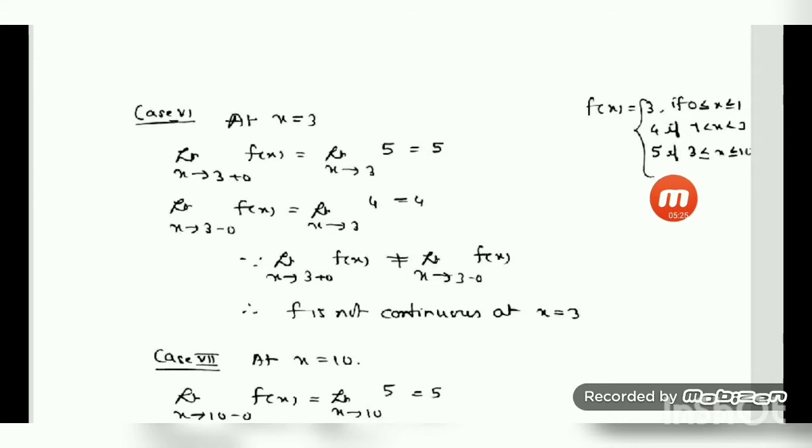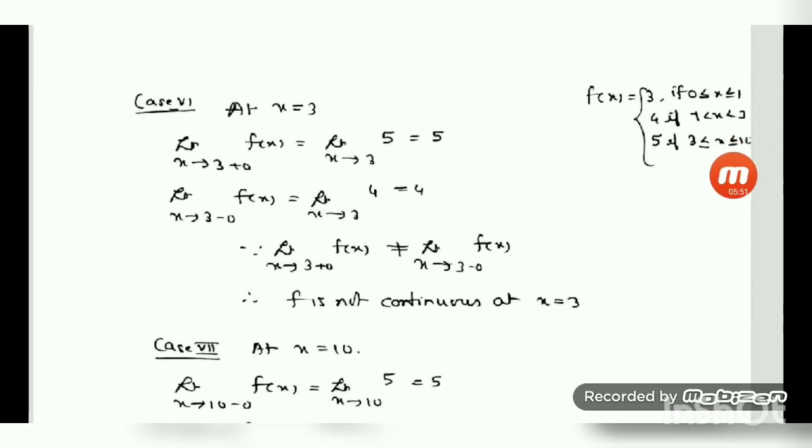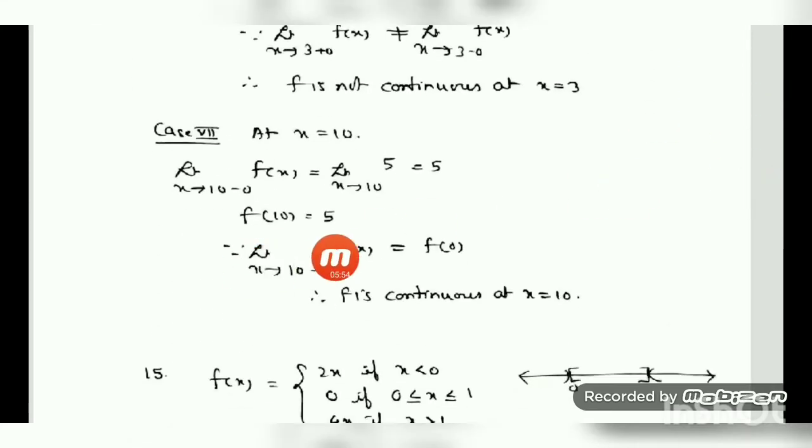One more case left, that is what? At x equal to 10. Now you see for x equal to 10 it will not contain the points greater than 10, because your interval is 0 to 10. Greater points are not included there. So the limit is said to exist only when the left hand limit exists. So here I have to consider the limit as x tends to 10 minus 0 of f(x). It is defined by 5 and this is equal to 5. And f of 10, you see here, is also 5. So here also f of 10 is equal to 5. The limit value is equal to the function value. f is continuous at the point x equal to 10. Okay. So here the solution is completed.